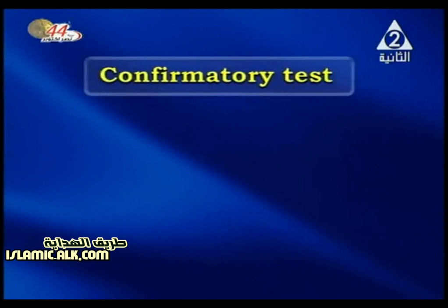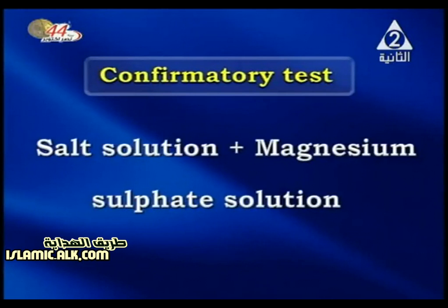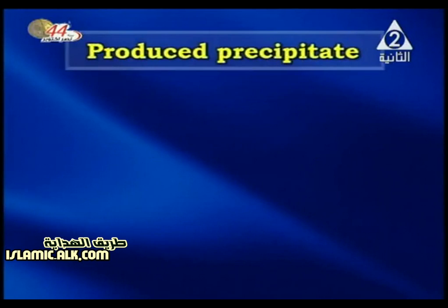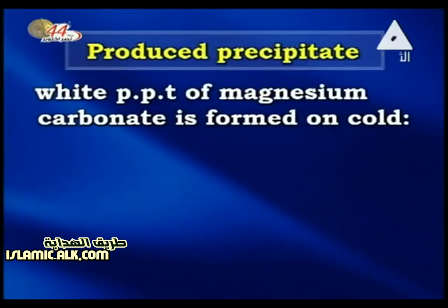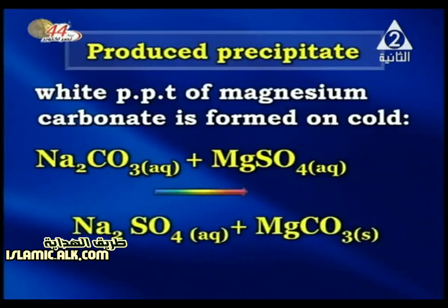Now we are going to discuss the confirmatory test. Here, the salt solution plus magnesium sulfate solution, the produced precipitate is white precipitate of magnesium carbonate that forms in cold. As the equation proceeds on the screen, sodium carbonate Na2CO3 reacts with magnesium sulfate, giving sodium sulfate Na2SO4, and magnesium carbonate is precipitated, which is white precipitate,